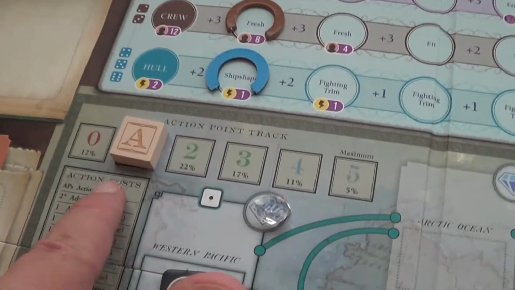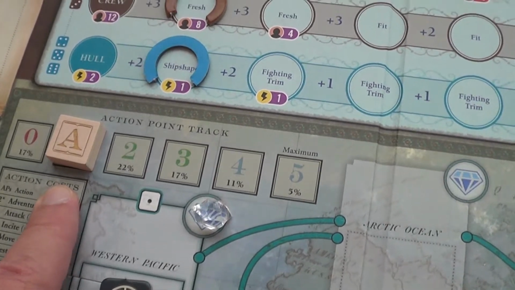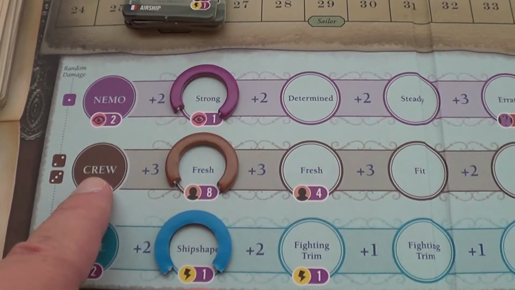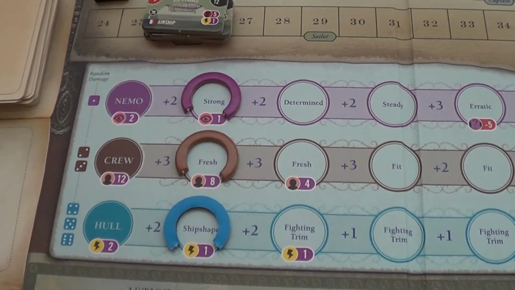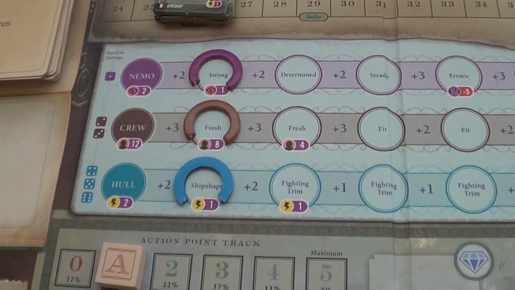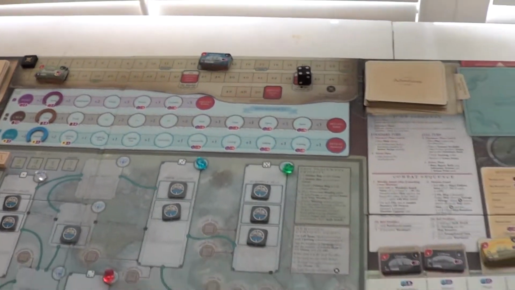You have your action point track. You start the game with 1 point. This is your resource track. You've got your hull, your crew, and Nemo. You start the game with your trackers all the way on the left side of the board, but you get the option at the beginning of the game